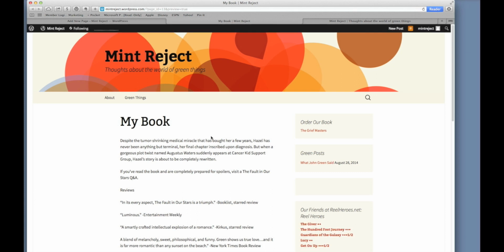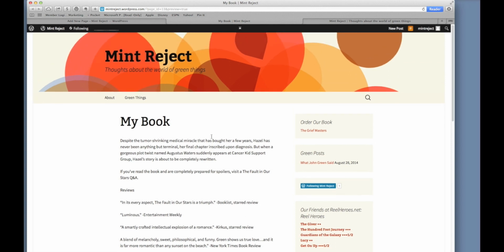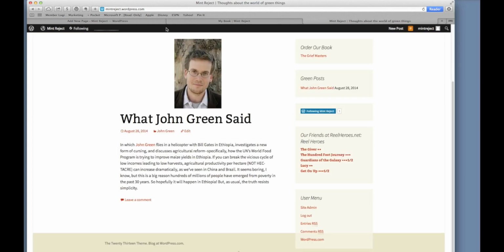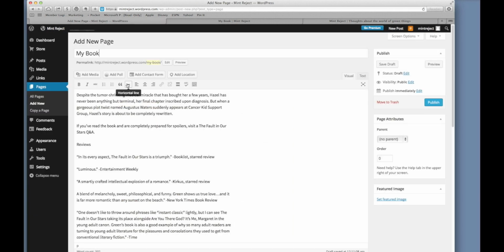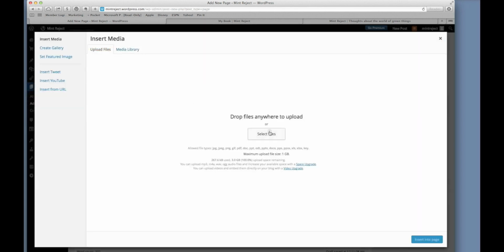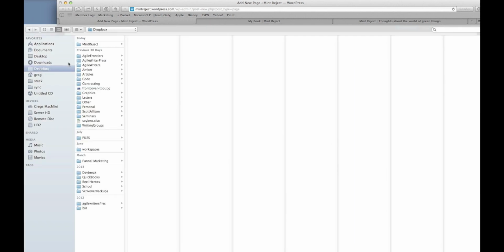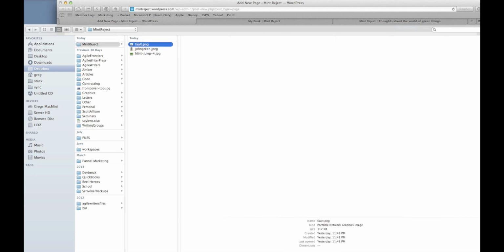And the preview looks pretty good. So it could use an image. So let's go back to the editing page and get an image to show. And we'll click on the add media button. None of these images look good, so we'll go upload one and go to the folder I've created with my stuff in it, and there's fault.png, which is a picture of the book,